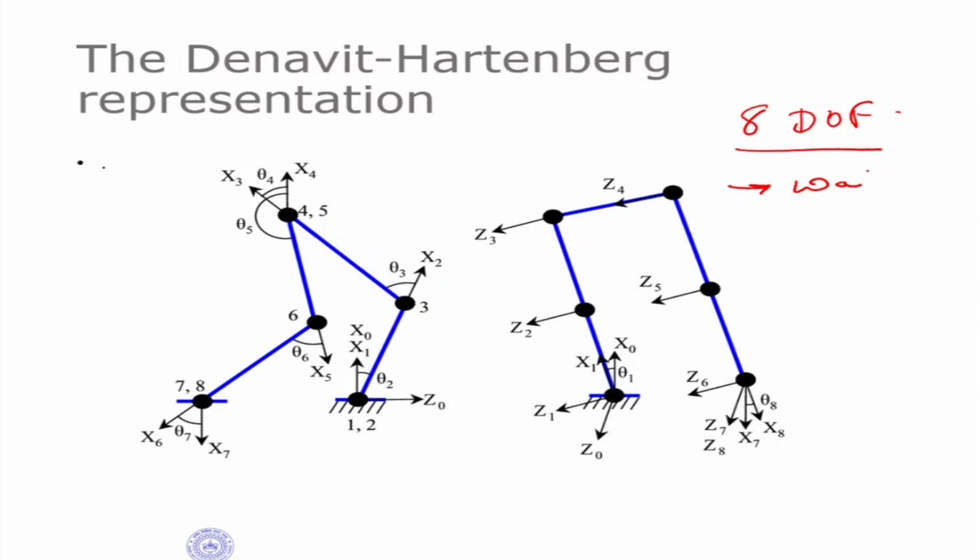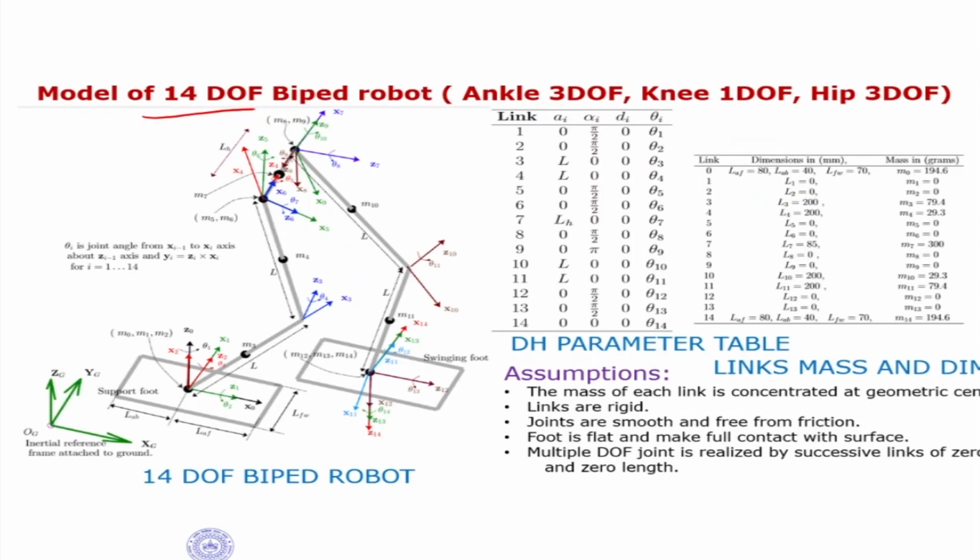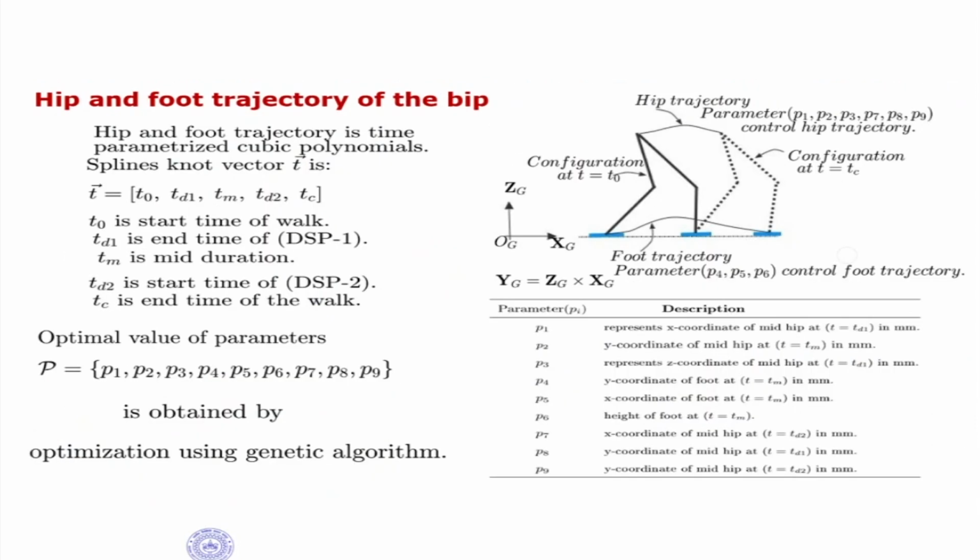So if you want to go on 3D terrain, basically you have to increase your degrees of freedom. So from 8 degrees of freedom, we are increasing to 14 degrees of freedom. So this is a 14 degree of freedom system in which there are 7 degrees of freedom per leg. So there are 3 degrees of freedom at the ankle, 3 degrees of freedom at the hip, and 1 degree of freedom at the knee. Sorry, 7. Now, in this particular case, the procedure is exactly the same. You make your DH parameter table as shown here, and then write your dynamic equations and kinematic equations. But now the problem becomes more complicated, a little bit more tricky, because you're on 3-dimensional terrain now.